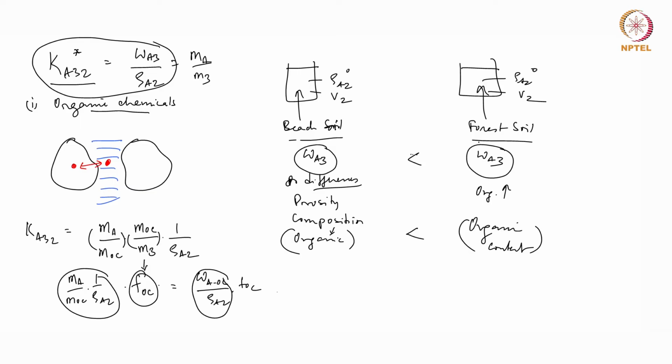So, here again we discussed in class that there is likely to be variability in organic carbon itself, but with collection of a lot of data, people have figured out that the organic carbon has a certain range in which it behaves. So, the composition does not change a whole lot unless there are exceptional conditions. So, people have measured this. They have measured the Ka32 using experiments like what we have described here, and then they have broken it up. They have also measured the organic carbon and they have normalized it. They have separated the organic carbon content and the ratio of the WAOC over rho A2, and this quantity